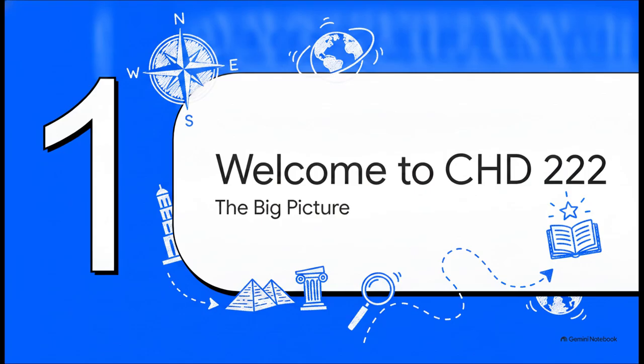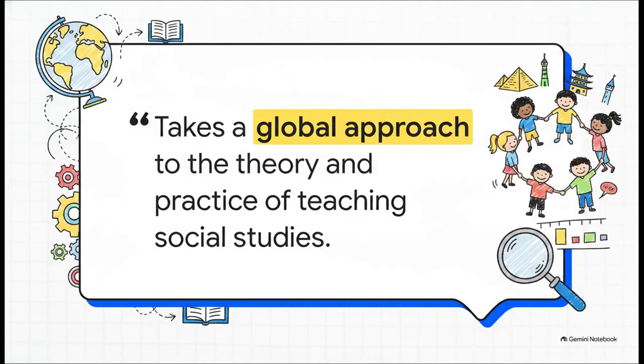Welcome to CHD 222, the big picture. So the core philosophy of this course is simple, but it's incredibly powerful. We take a global approach to the theory and practice of teaching social studies. Listen, we aren't just memorizing historical dates or looking at maps in a vacuum here. We're actively learning how to bring a truly global perspective to early childhood education. It's all about bridging that gap, right? Taking the high-level theory of social studies and applying it to the everyday practice of teaching it to young, developing